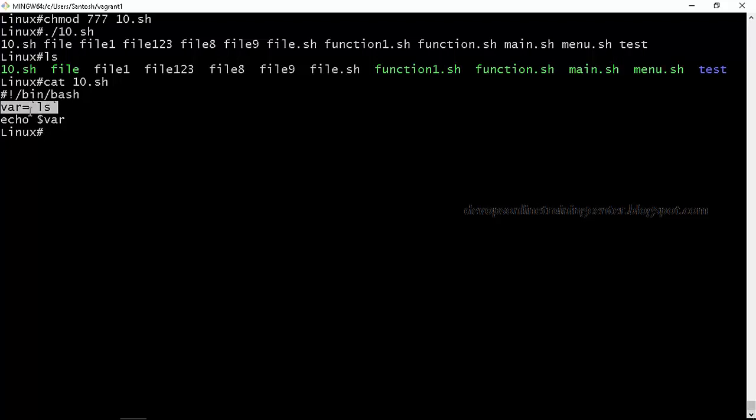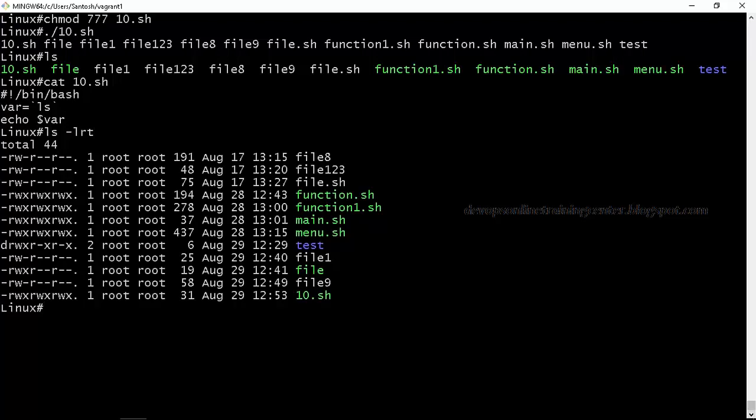Here there are two backticks, right? So I opened a backtick, I closed a backtick. This is basically to save the output of this command ls inside a variable, right? So this variable will contain the output of this command. We have some output that we want to capture inside a variable, that we can do using backticks. Okay. Is this clear?